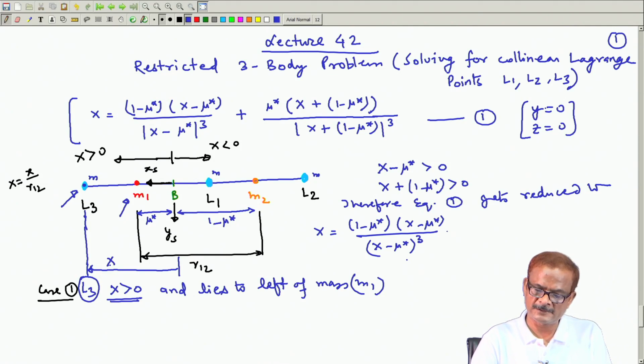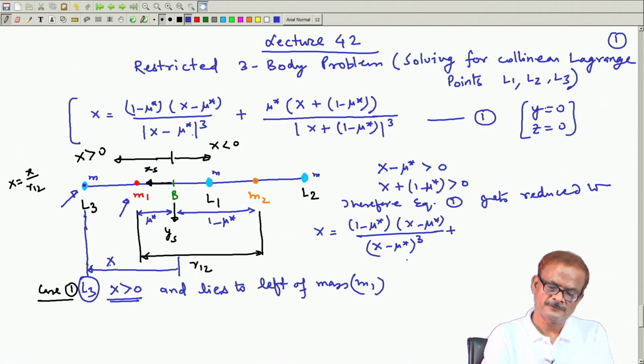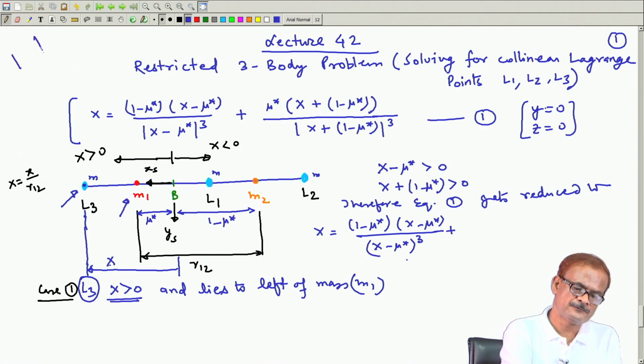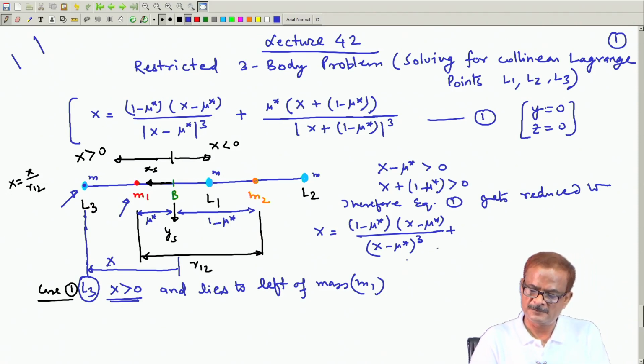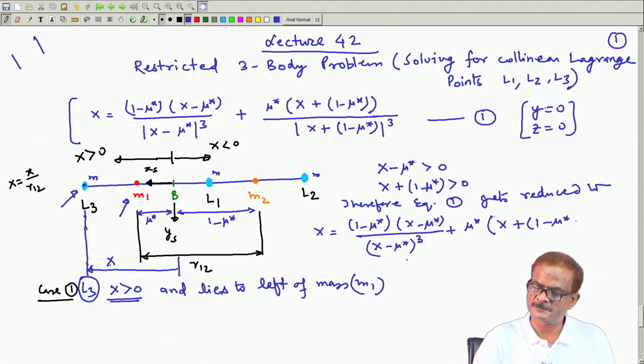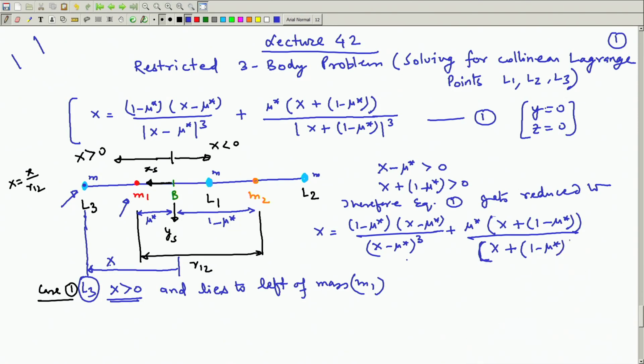Therefore, the mod function, this is basically the sign for the modulus of any quantity, then mu star, x plus 1 minus mu star divided by x plus 1 minus mu star whole cube, and then this gets reduced to